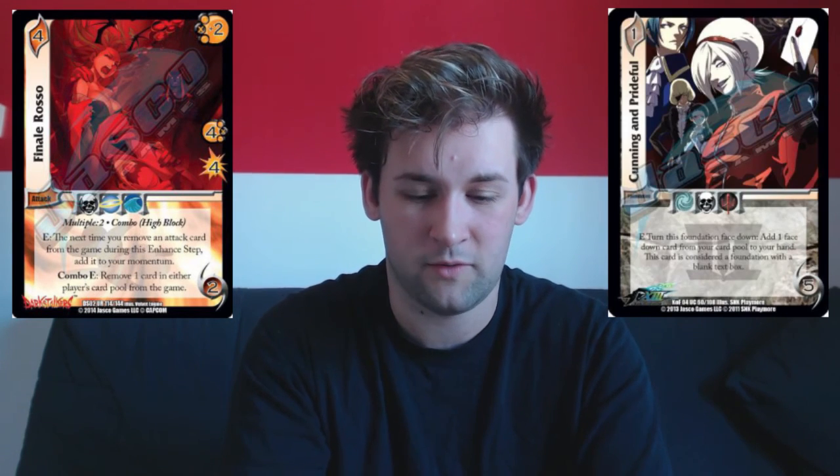Nivos is an extremely powerful attack that happens to have a high block and combos into Finale Rosso. So if you spend all your resources blocking that, you get to deal with the Finale Rosso that comes after it. Now, what's even worse than that is if you play a card called Cunning and Prideful, which is one of Ash's common foundations, which I've horrendously overlooked until now, which you flip face down and you add any face down card in your card pool back to your hand. So, for example, I play Nivos. Now, you've spent loads of resources stopping the Nivos. Play Finale Rosso. Combos off of